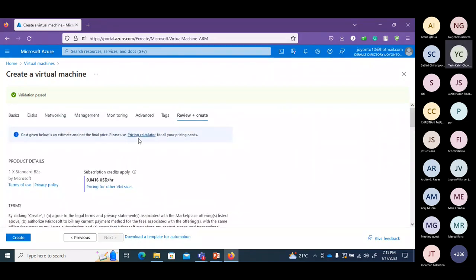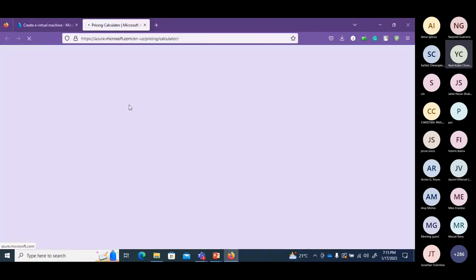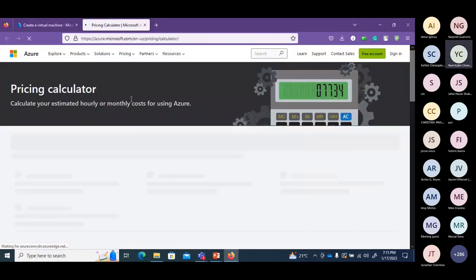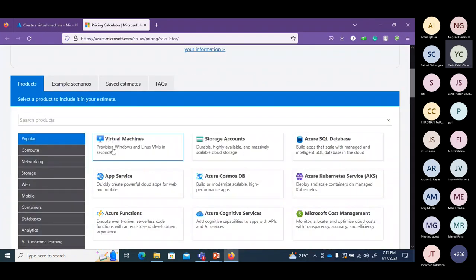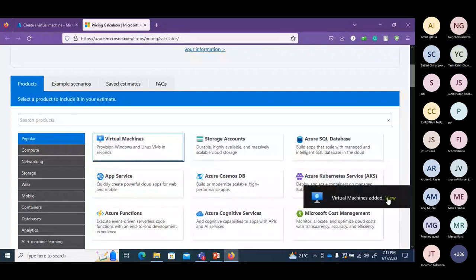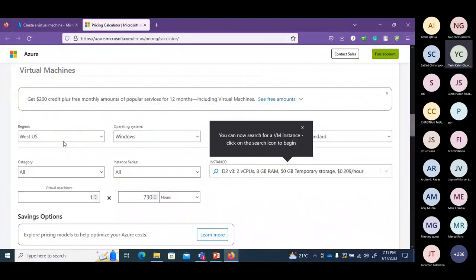Yes. Pricing. There is another thing, a pricing calculator. There is the option of pricing calculators. From the pricing calculators, suppose in virtual machines, you have a budget, suppose $10, $20. Then you can use the pricing calculator here. Suppose West US, how much